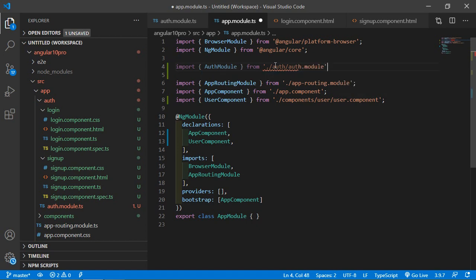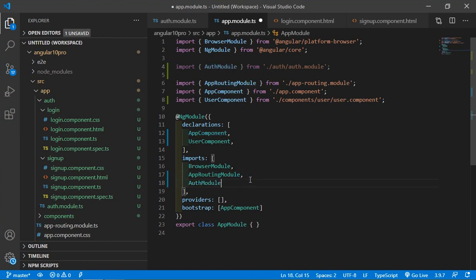Okay, now add this auth module to the imports array. So just write a comma and paste AuthModule. All right, now save the file.